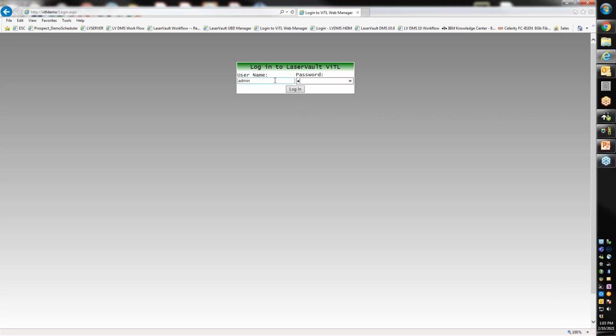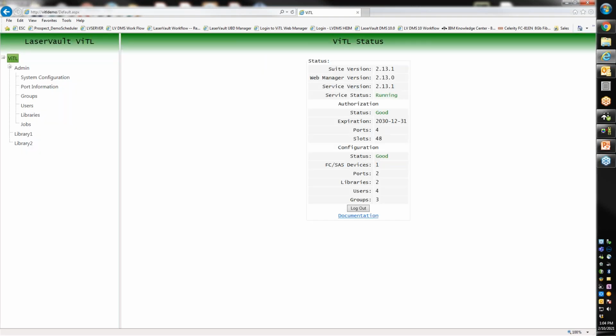So we're going to log in as administrator. As you see, you have a secure login, username, and password to access the Laservault VTL solution. We immediately come up with a status screen showing everything is running good, authorization good. Configuration is going to show you how many fiber channel or SAS connections you have from the Laservault server into whatever you're connecting to